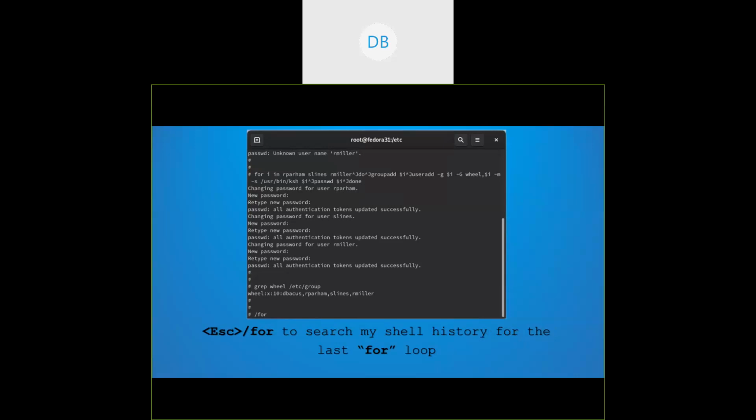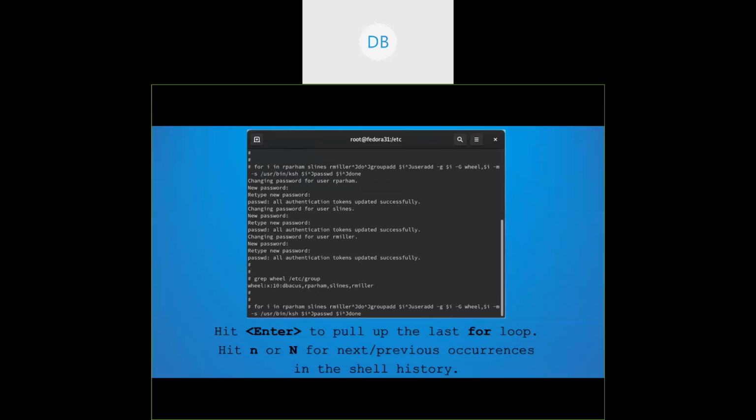I can hit escape to get into command mode, type a /for. So this is searching through my history for the keyword for, and it's going to pull up the most recently run for command, and I can use n or capital N to search through my shell history for the next or previous occurrences in case I skip past it by accident, in this case of for loops. So I hit enter and I pull up the last for loop,